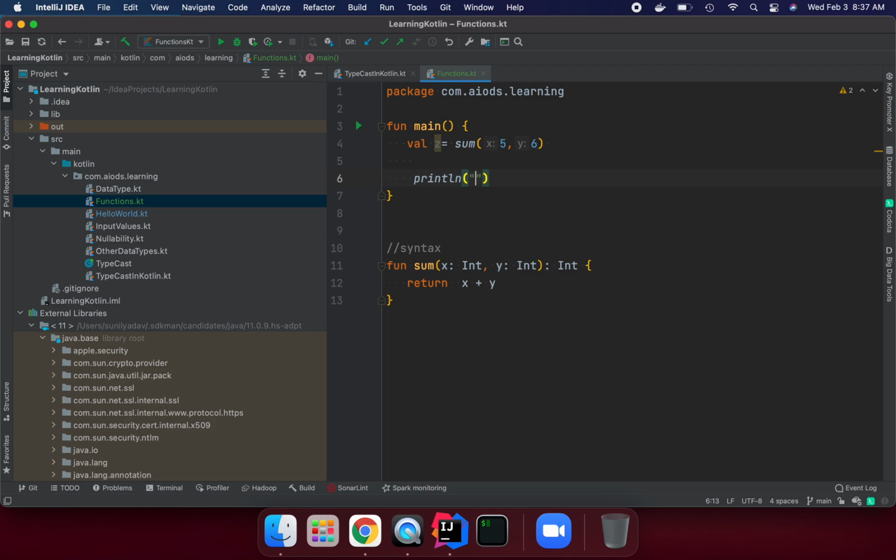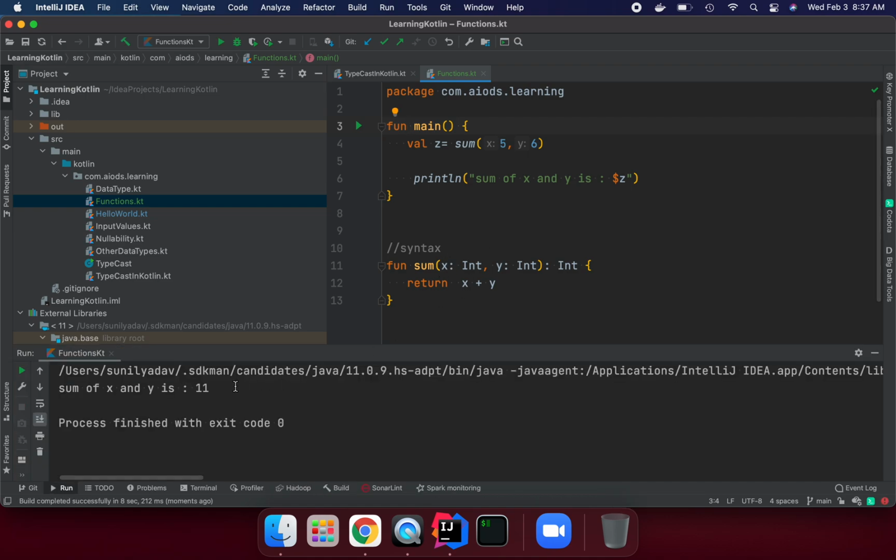Println, I'm going to use a string template: sum of x and y is $jet. Okay, let's run it. Now it's compiling and building. Now we can see: sum of x and y is 11.